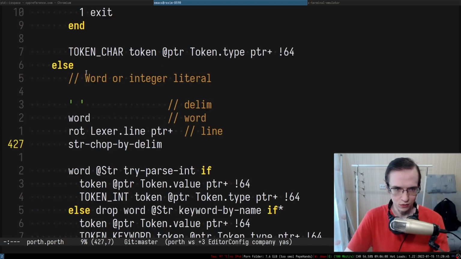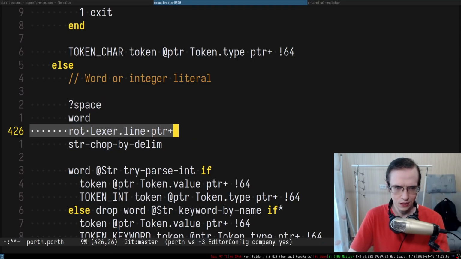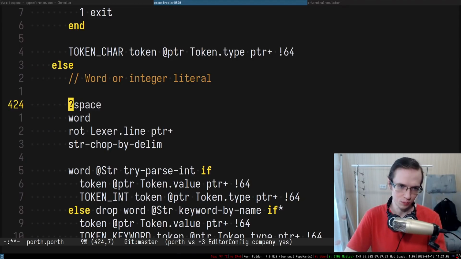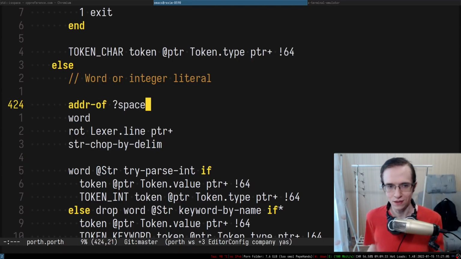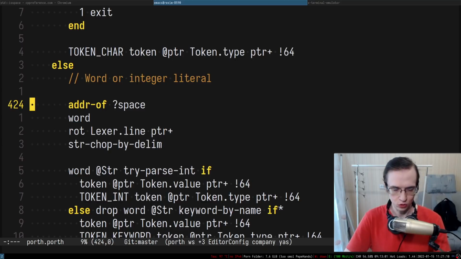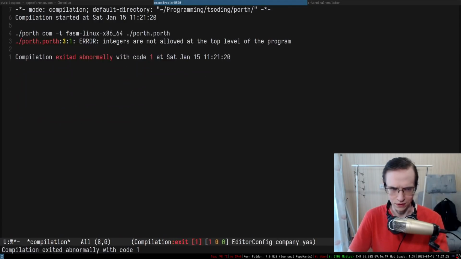And now in here, what I have to do is use space, right? So this is a predicate. I don't really know why I have these comments. They're not really useful for anything. So I have to put space in here, but if you do it like that, it will just call this space. So to take the address of the space, we have a special keyword that just takes the address of the space. Okay, let's actually try to. I have to call it predicate. Yeah, chop by predicate. There we go, everything seems to be working, and now let's actually compile that a couple of times.